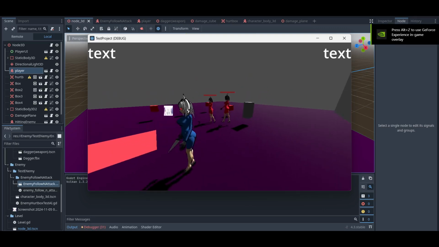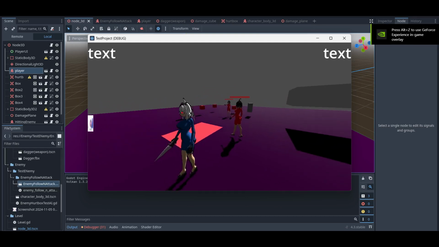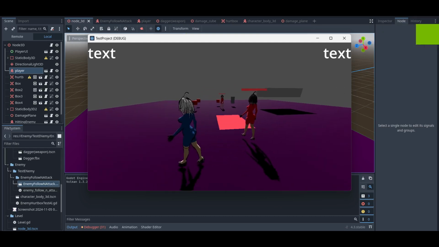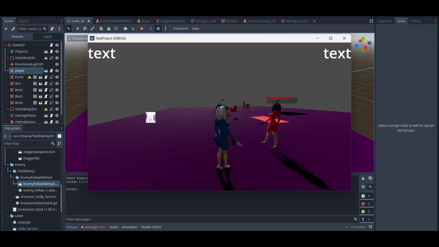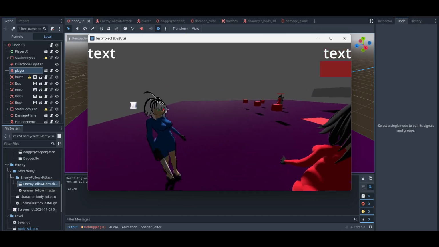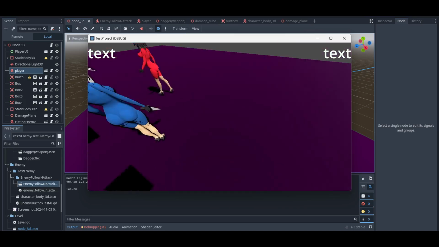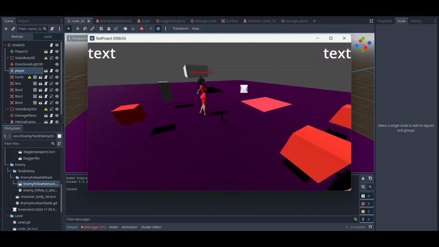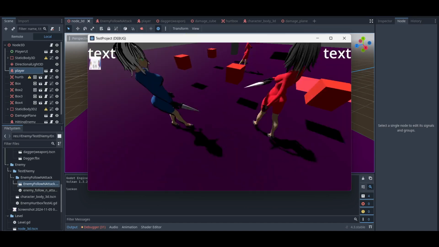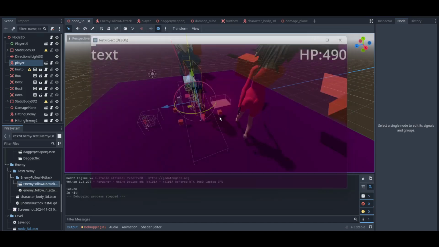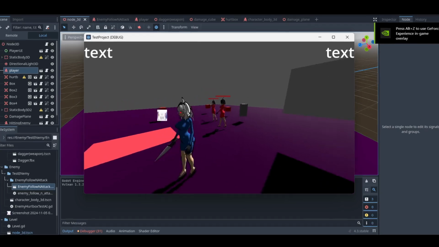This really consisted of creating an area that represents if the player is in the area, it attacks, and if not, it idles or just begins walking towards them. It looks a bit stale without animation, so I'll need to do those later. And I also have to have the enemy look at the player while walking because right now